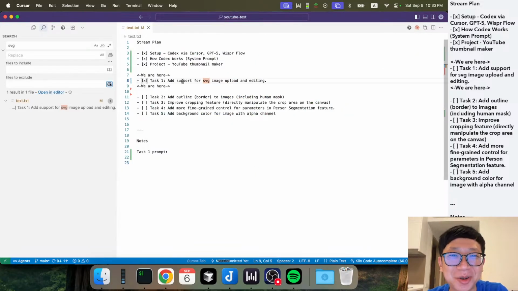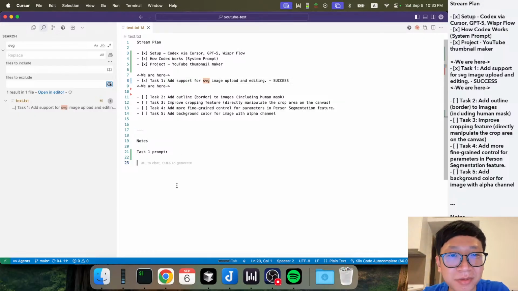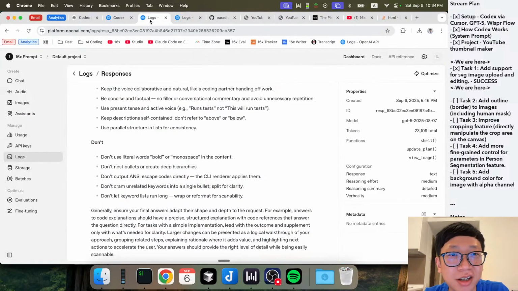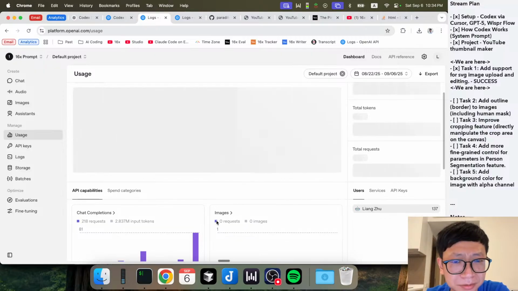Nice. So we'll say this one is a success. Yes, the string plan has been updated. Success. Yeah, so far so good. I'm liking the Codex. Let's check how much usage we used, right? So I have the log here. So if I go to the usage,